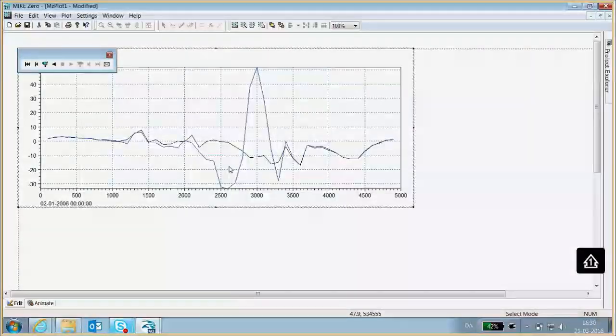But then that's part of the engineering design, of course, to try to reduce the size of the structure and then see what is the impact of that. So that's something to play around with. Of course, we could also go for a completely different mitigation measure. For example, we could add in a nourishment, or we could add in some headlands or some groins or something like that. But all of these structures are quite easy to simply input and draw in.